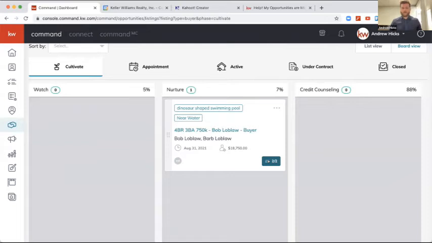Now, another really cool trick, and I'm going to kind of pick up the pace a little bit because I know I don't have too much more time. Another really great thing that you can do is if your opportunity is in a later part of the stage where you need to check in with your client about specific items that have been done, you can make it do that for you. So for instance, if I create a checklist item,